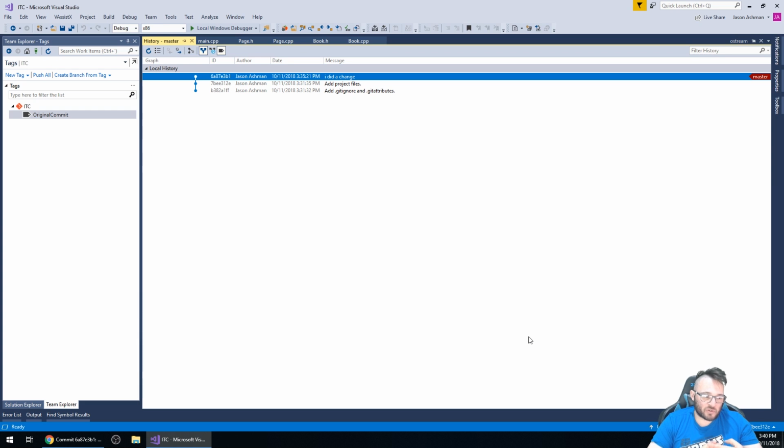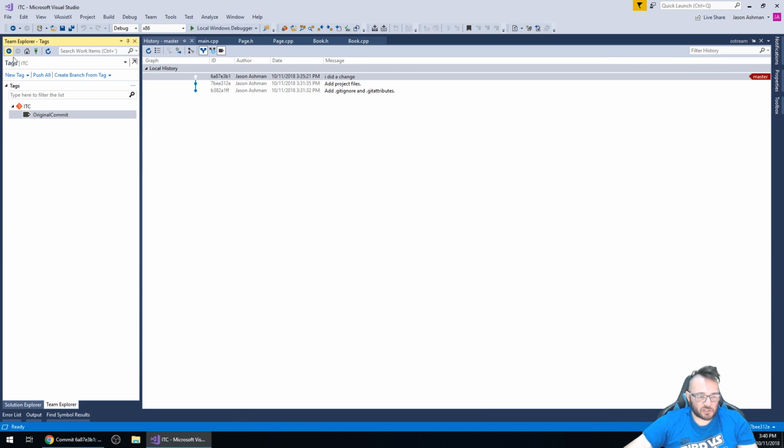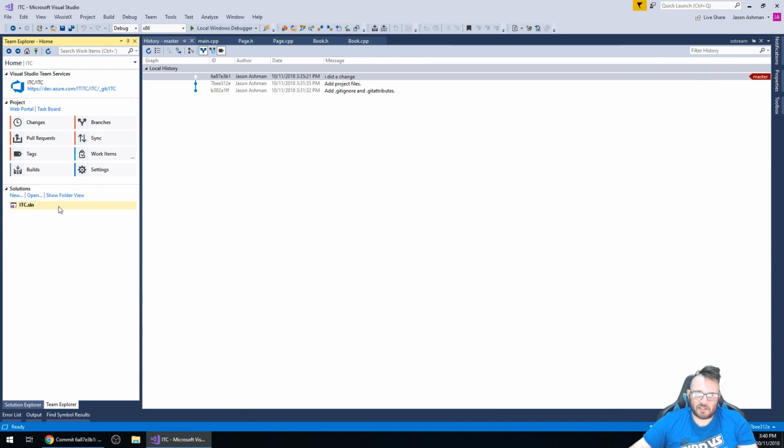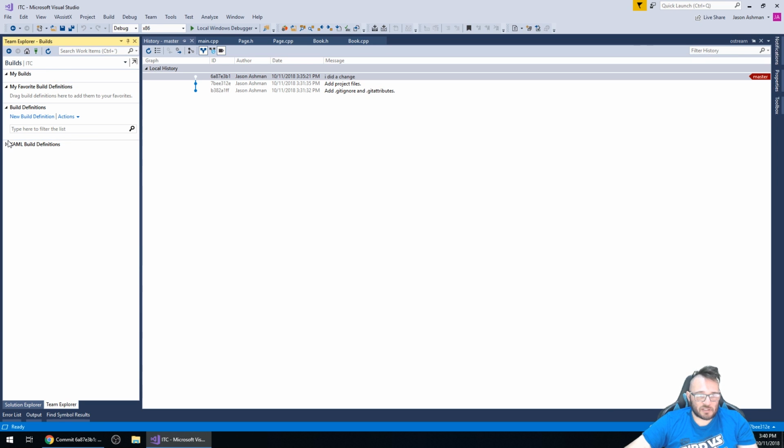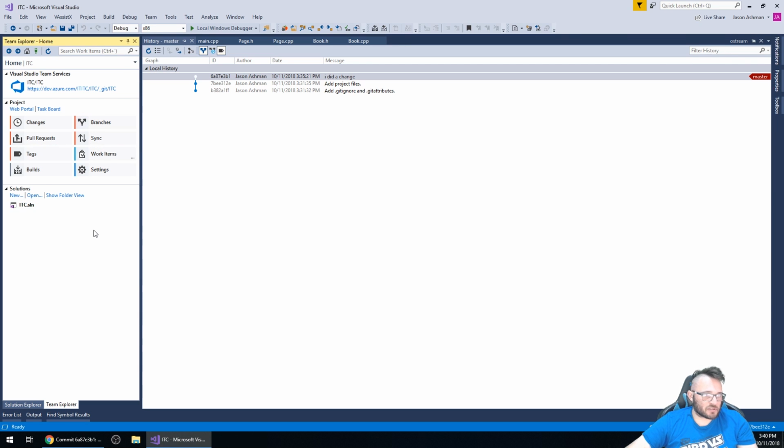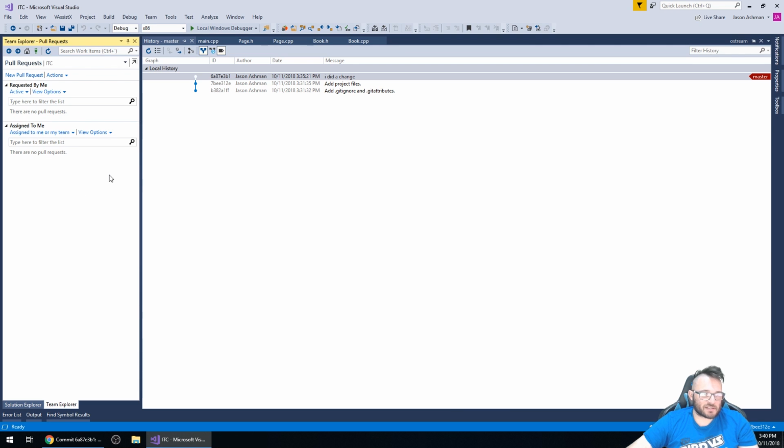I'd say GitHub if you're doing a public project, or Azure DevOps if you're doing a private project, or even a public one as well. I personally quite like Visual Studio or DevOps, and it gives you a lot of integration into Visual Studio. There are a lot of plugins for integration to GitHub as well, but I don't know them very well. So you can do all kinds of funky stuff, like create builds through it, and that's stuff I'm currently setting up at work. Pull requests, they're your code reviews,